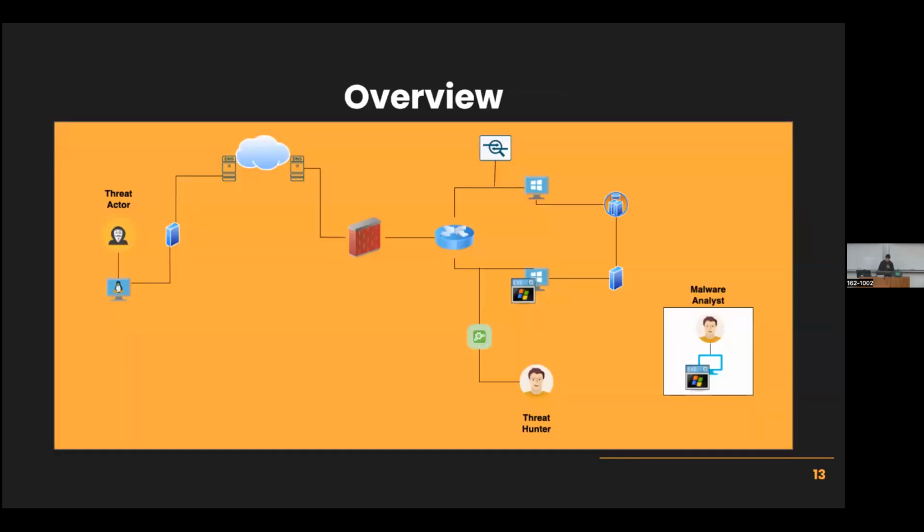So I also wanted to give an overview, like a visual. Personally I think visuals help me learn, at least. So on the left side, we have the threat actor. Usually they're using a command and control server. And from there, they'll communicate to the target network through the internet. Once they gain access, if detected, the threat hunter will be notified through the intrusion prevention or detection systems. And once the threat is eliminated, usually if they're not stealthy enough, they'll find the file or executable that's left